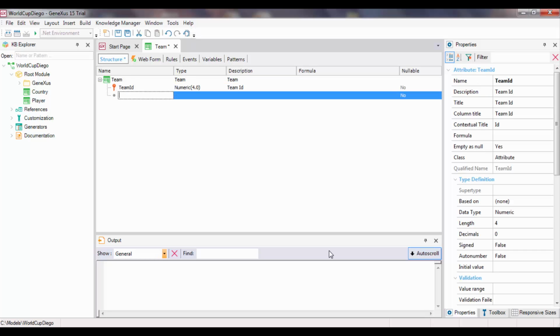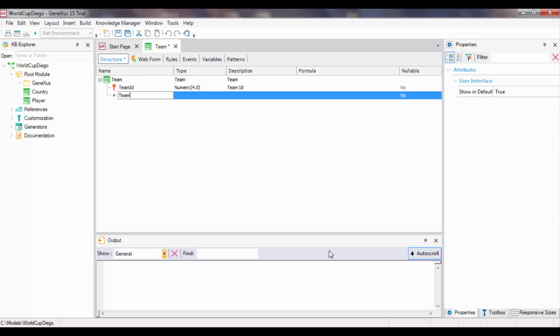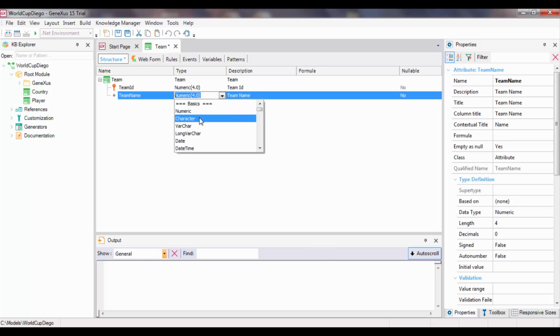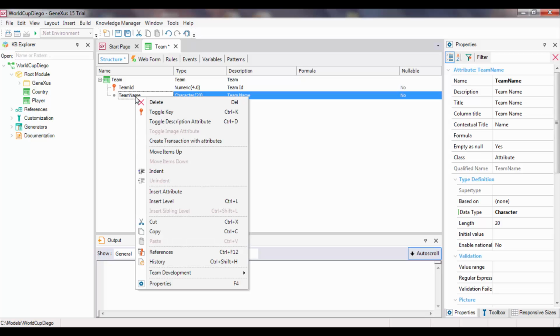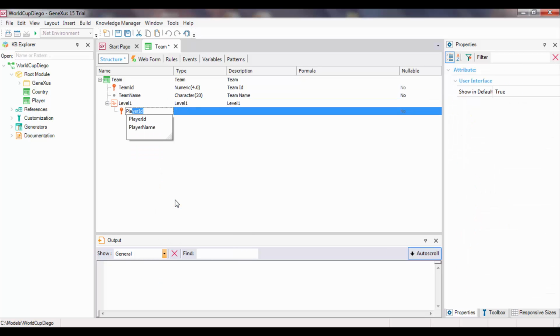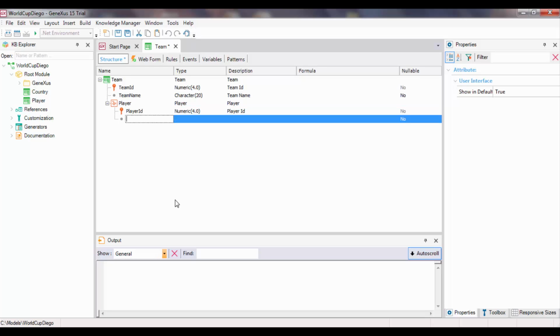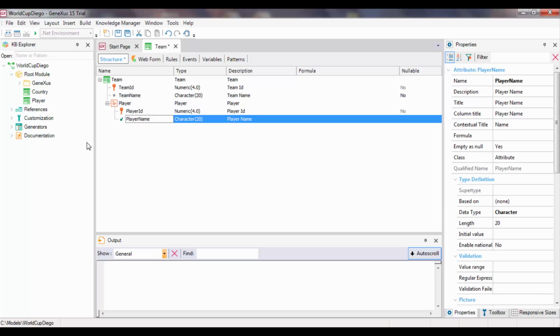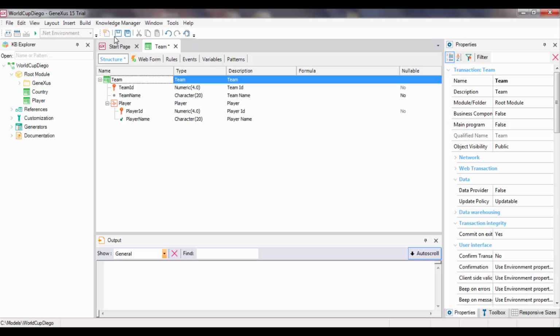We create the team ID and then team name attributes, and a second level to add the corresponding players. We save this transaction